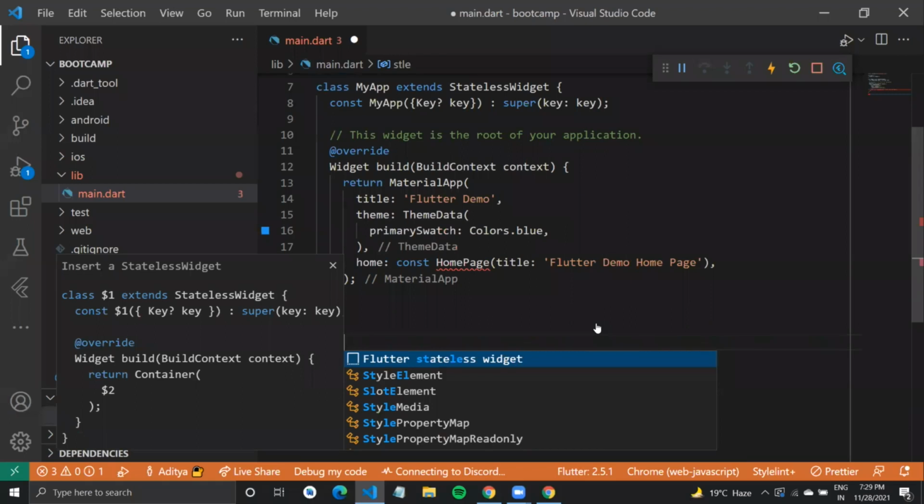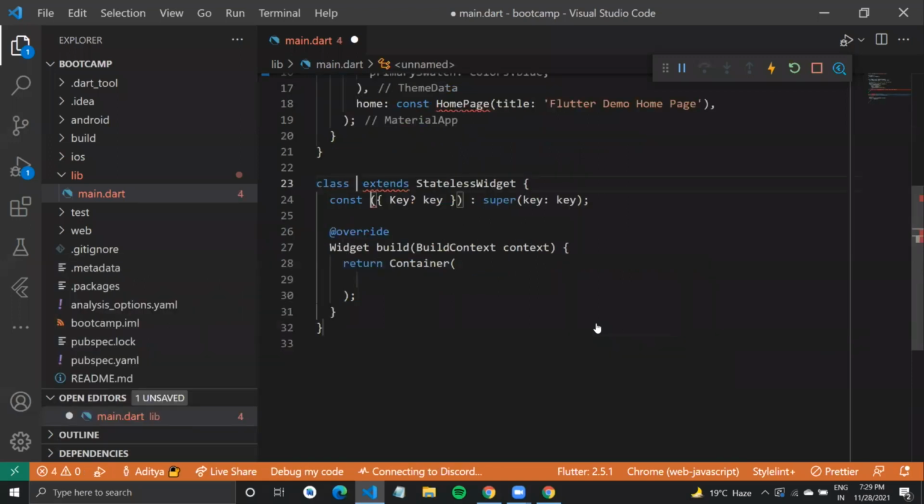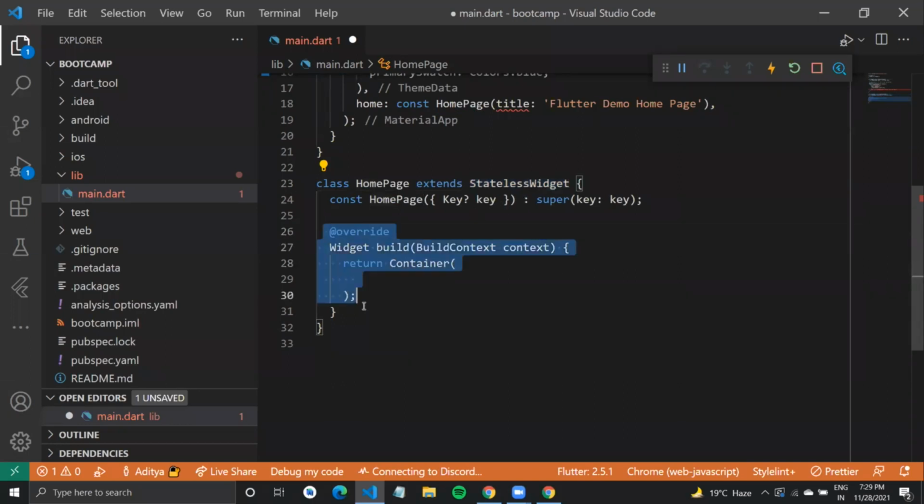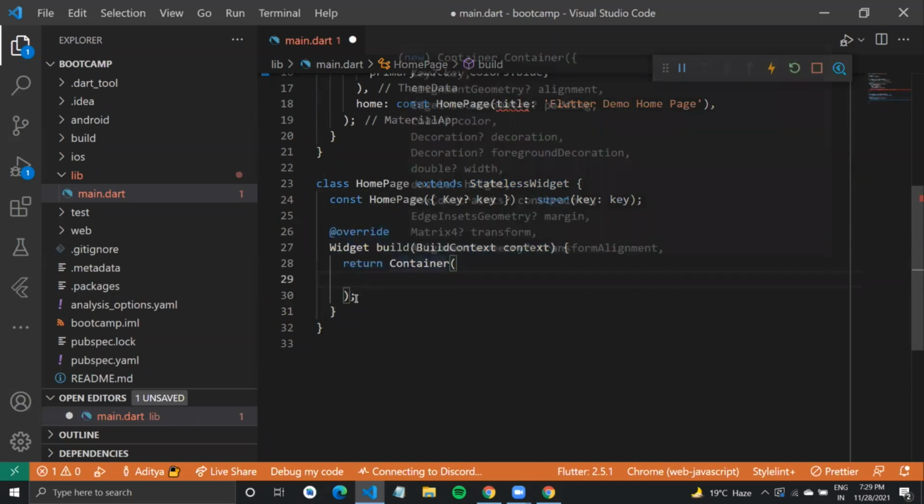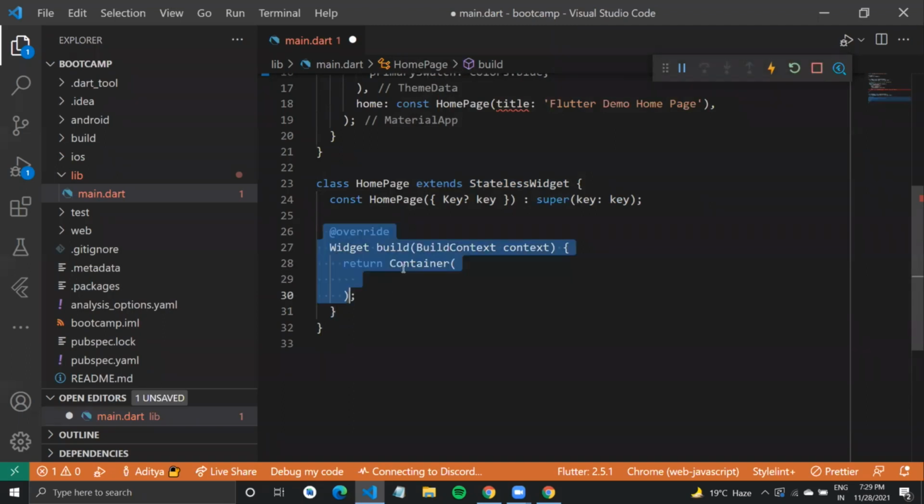But what I wanted to show is that everything in Flutter is more of a class, and it has to follow a certain protocol since it's extending StatelessWidget. You have to define something called the build function. And what I can do is add text.